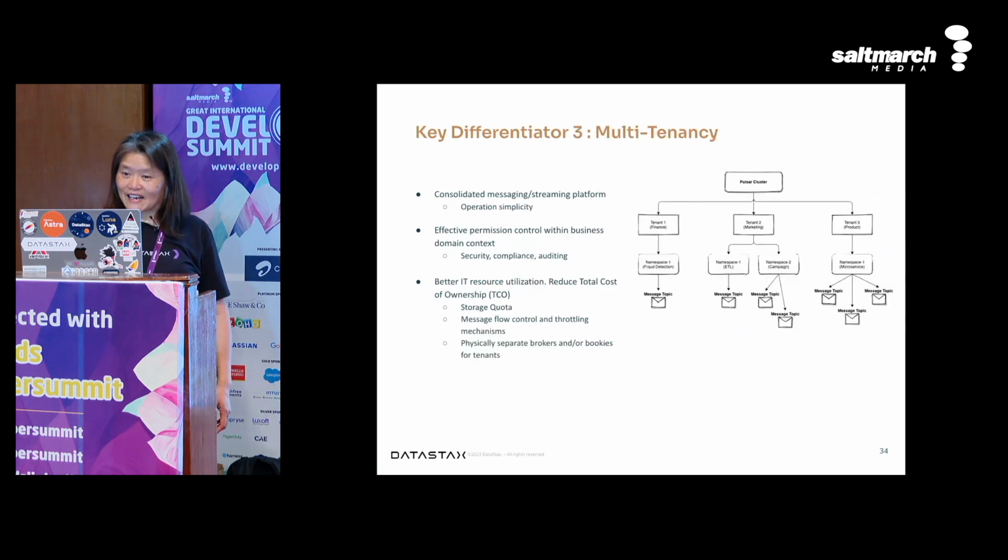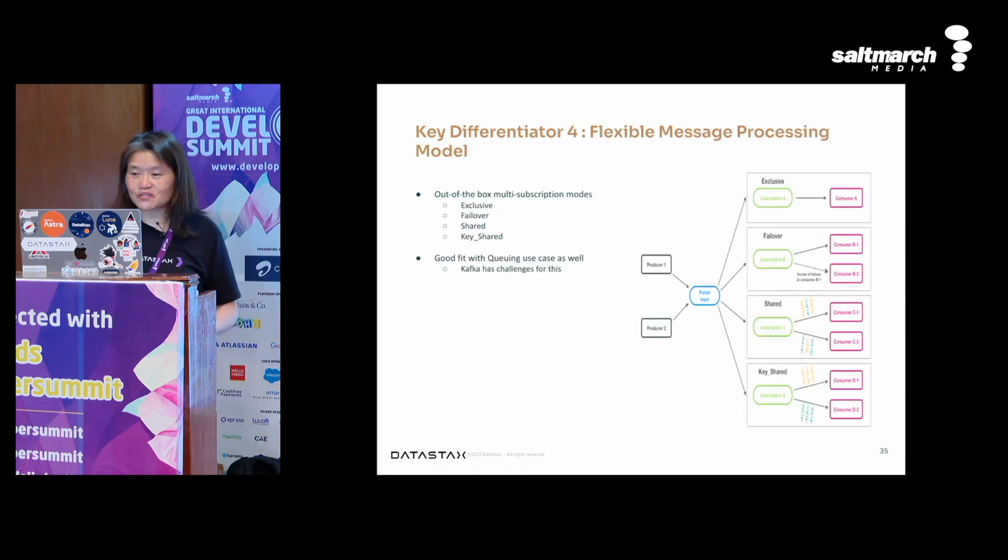Then I also already mentioned multi-tenancy. This is just a diagram to describe it. Think of a cluster with different messages flowing through it. You can organize your data, segment it off, into different tenants that manage different namespaces within it. It helps you manage all of your data and sort it out, and it's already built in. So that's also one good reason to consider using Pulsar. And then there's this one: a very flexible message processing model.